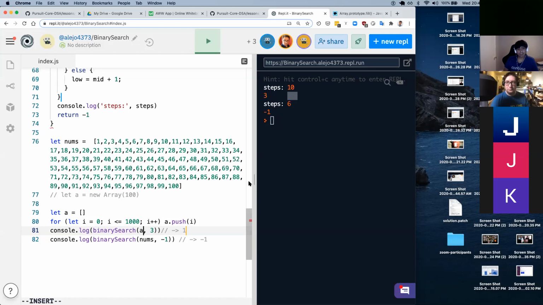We see that even with 1,000 elements, it only took 10 steps. Let's add another 0. 11 steps. And so on. We can see that I'm increasing this number considerably, and we do